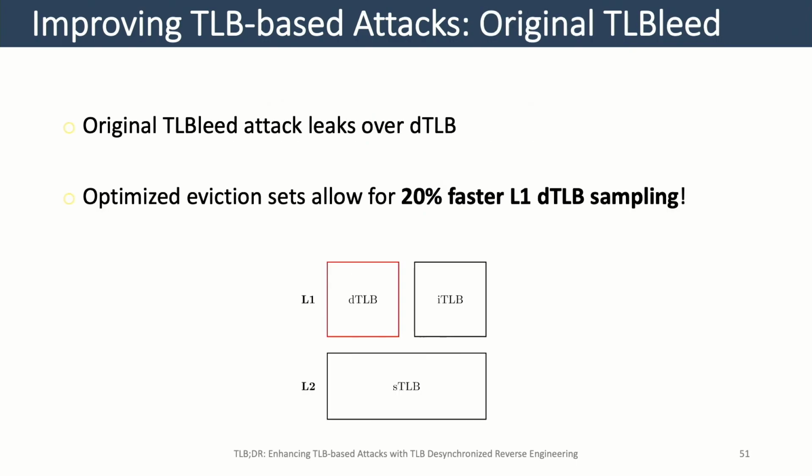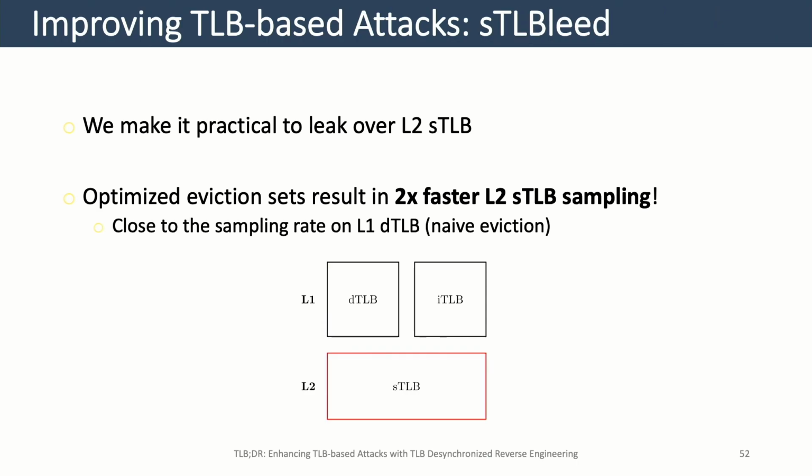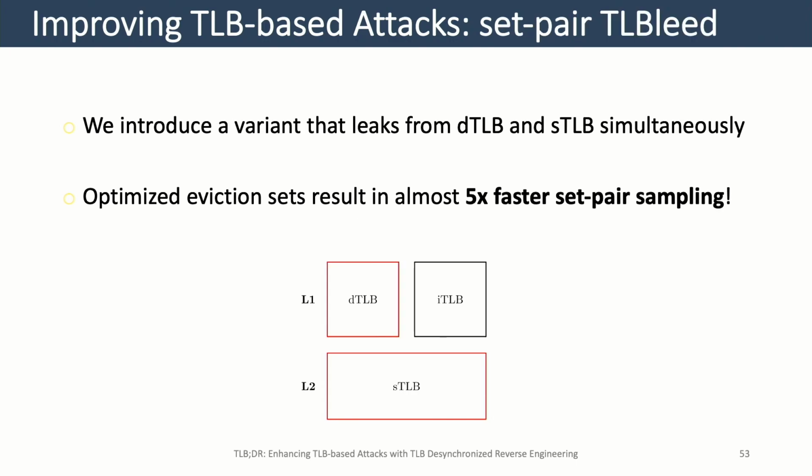So the original TLB attacks leak over the DTLB, and we measured that using our optimized eviction sets, we can sample the DTLB 20% faster compared to naive eviction sets. But we also make it practical to leak over the level 2 shared STLB, because our optimized eviction sets result in twice as fast sampling, which brings the sampling rate close to the sampling rate obtained on the level 1 DTLB with naive eviction sets. And we introduce a variant that leaks from the DTLB and the STLB simultaneously, yielding a 5 times higher sampling rate compared to